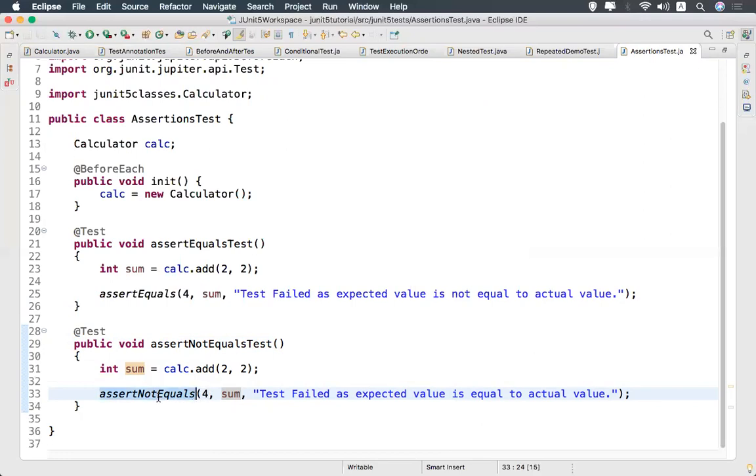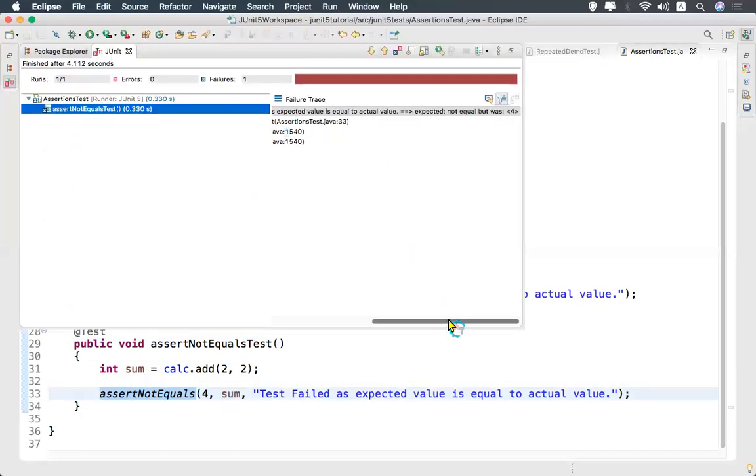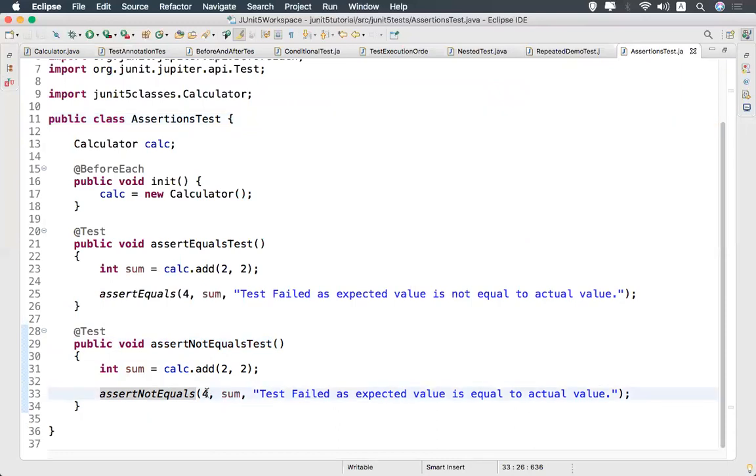Then it will pass. That is the reason it will not give the expected value, nor the actual one. Expected not equal but was 4. The reason is the other value should be anything except 4. So that is the reason it will not say what it should be.